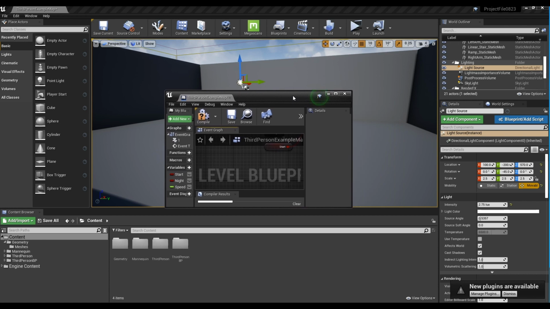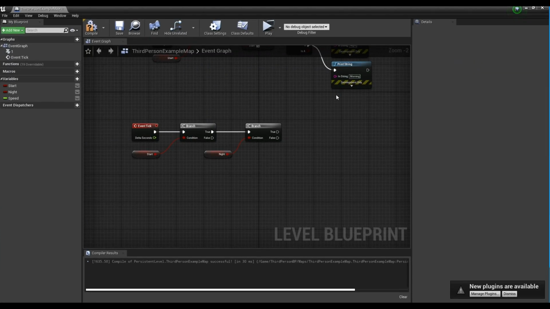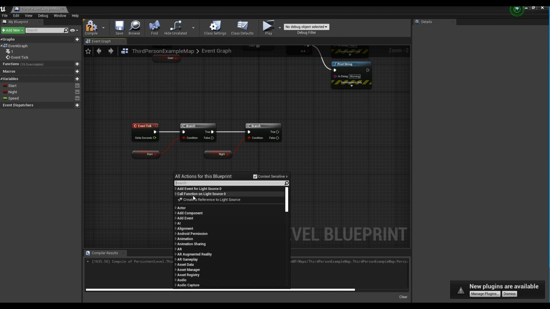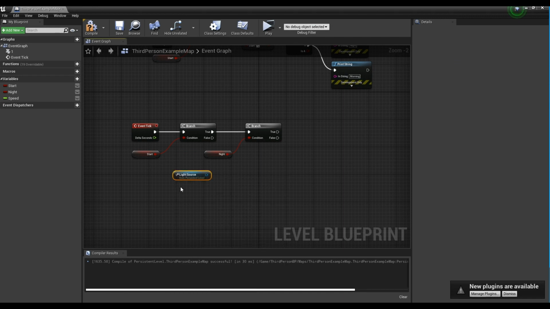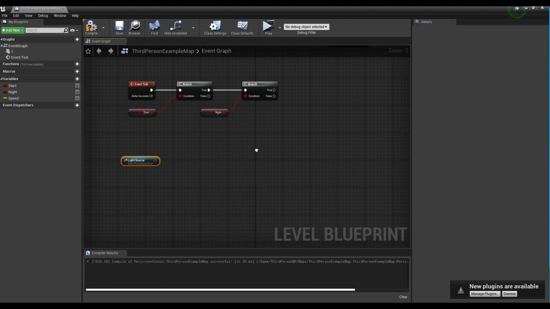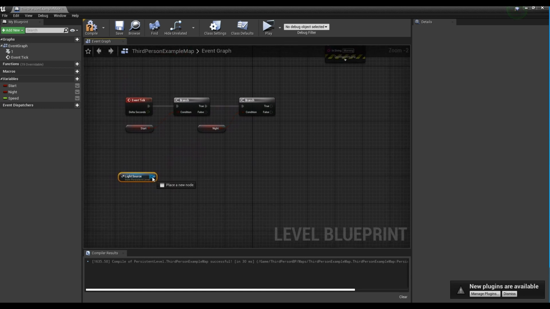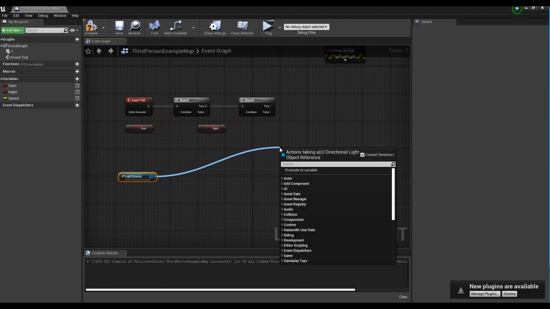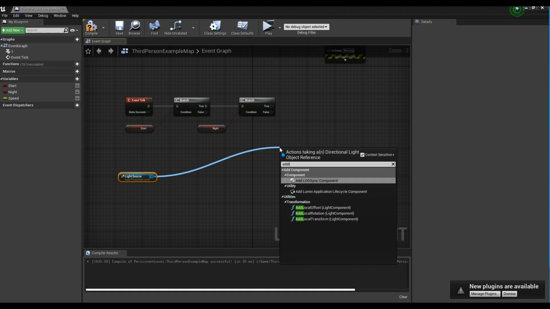Next, click the light source in the world outliner and right-click in the event graph to create a light source reference. Next, create an Add Local Rotation node by dragging a pin from the light source.